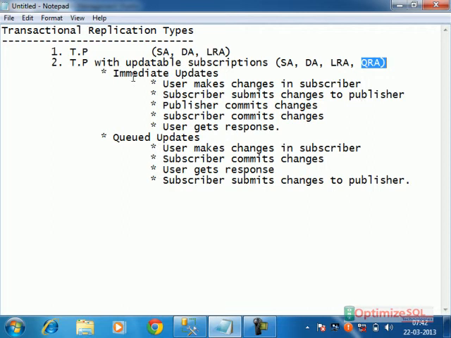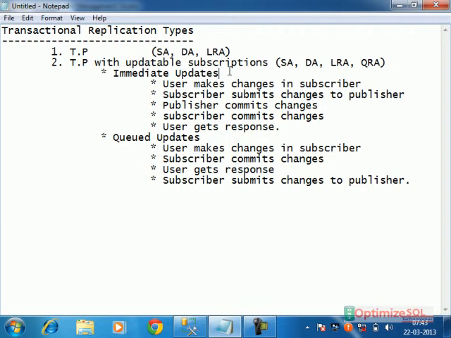Actually, let's see what will happen in case of immediate updates. Whatever changes are made in the subscriber are submitted back to the publisher by using the MSDTC service. DTC service, Distributed Transaction Coordinator Service.